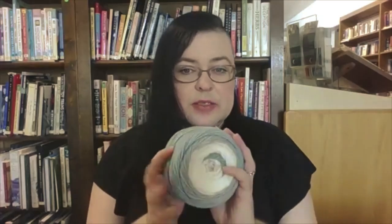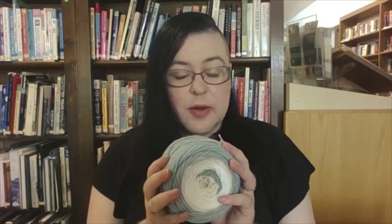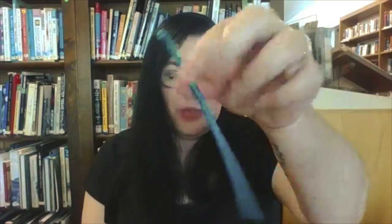So again, let's go back to what is in this kit. I showed you the crochet guide and the pamphlet. You will get a skein of yarn. This is a number 4 worsted weight, or a medium weight, that is also described in your kit. All of the kits include a worsted weight yarn because that's the easiest one to start with. The kit also comes with a size H or 5mm hook, a